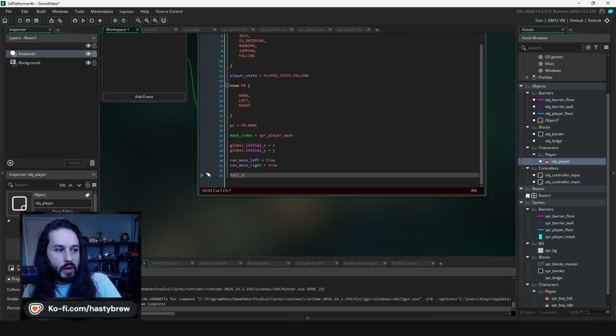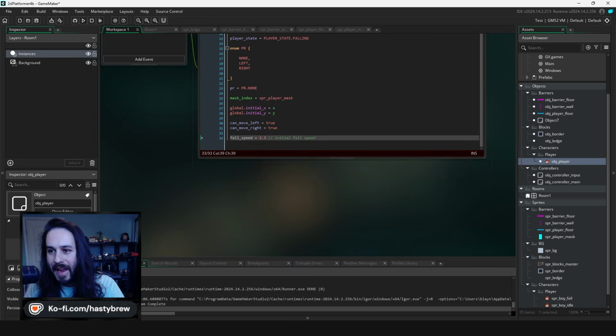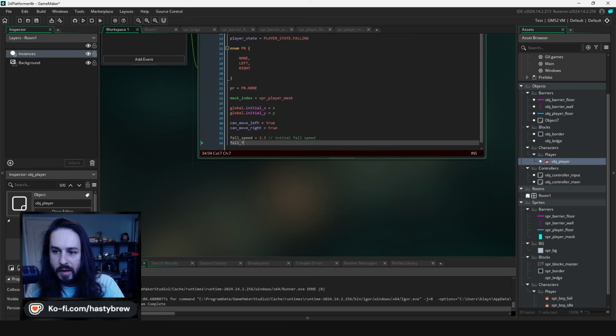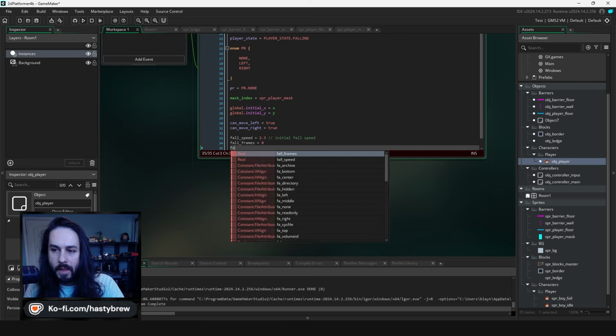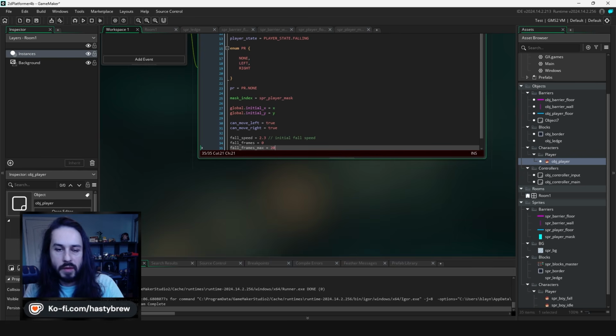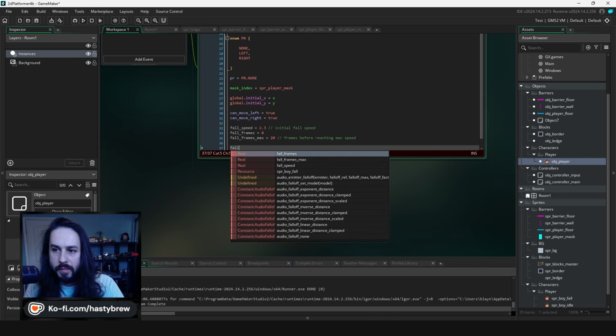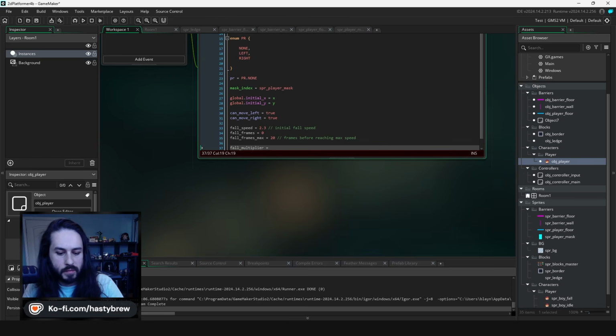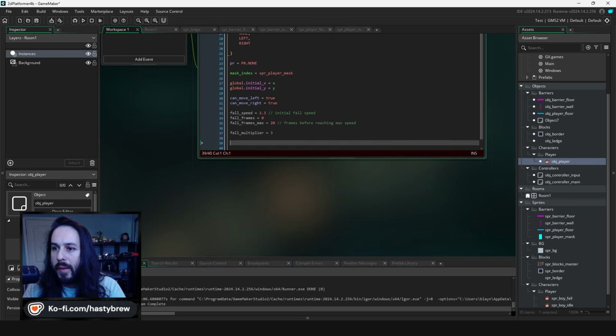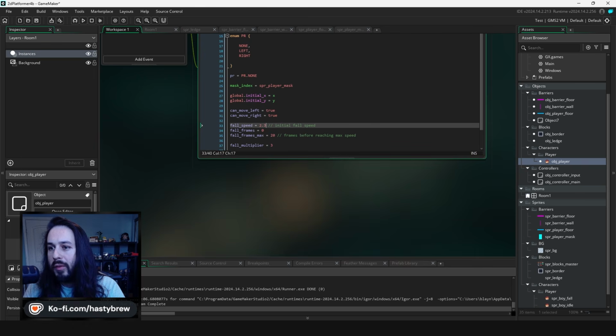opportunity, let's call it. We have a fall speed. I don't know why I have this note, fall speed. I think this is the initial fall speed because we gain velocity as we go down, and I'll explain that in one second. Fall frames equals 0. So it will fall at a speed of 2.3 until it's multiplied by 3, and this will happen in 20